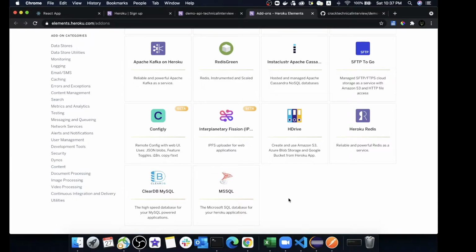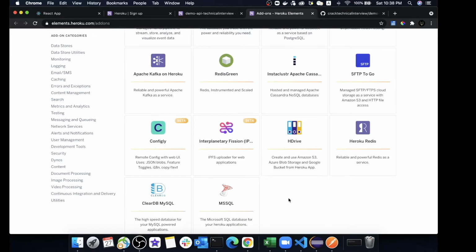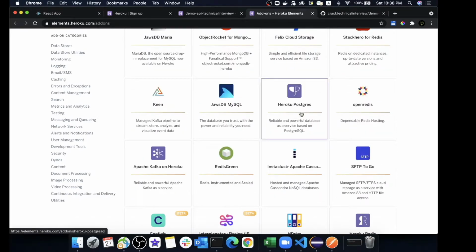But for this demonstration, we won't be using the MySQL database. Rather, we will be using a similar database which is provided for free, and that is the Heroku PostgreSQL server. I do not know how it is pronounced, whether it's PostgreSQL or Postgres, whatever. This is the application that comes free on the Heroku platform. For the demonstration purpose, we will be configuring with this application. And believe me, the configuration of the MySQL database in local and this database on the Heroku platform are exactly similar, so we do not have to change much to configure this.